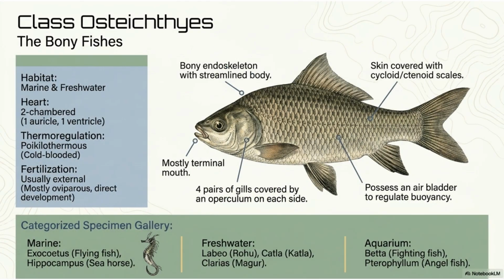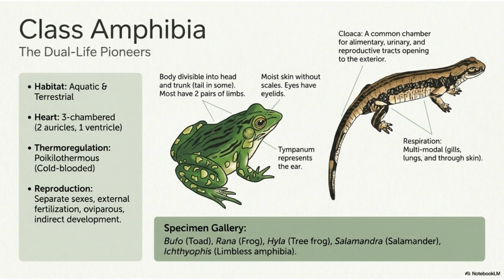Class Osteichthyes, the bony fishes, have a bony endoskeleton, cycloid or ctenoid scales, and streamlined bodies. They possess 4 pairs of gills covered by an operculum and an air bladder for buoyancy control. Most are oviparous with external fertilization. Moving on to superclass Tetrapoda, the first one is class Amphibia, or the double life animals, which inhabit both aquatic and